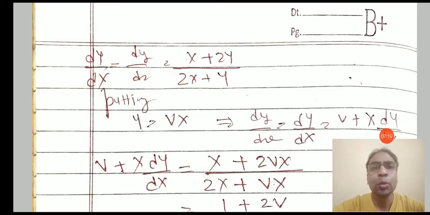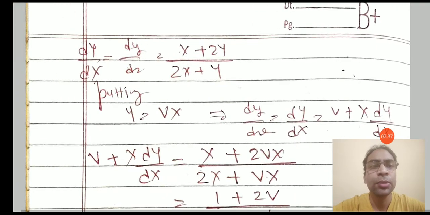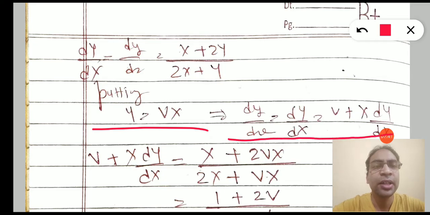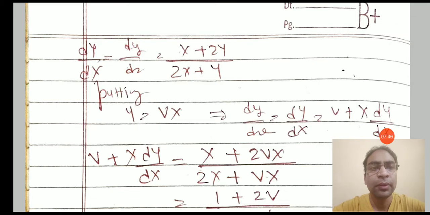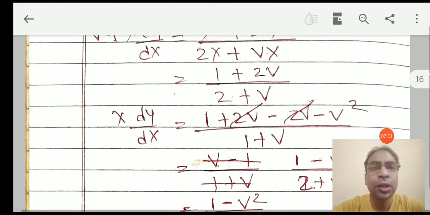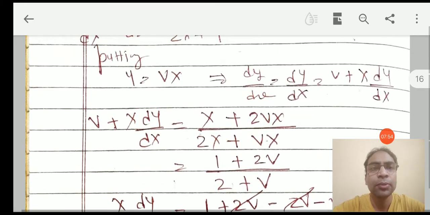Now we can solve this homogeneous equation with the working rule we have seen in the previous lecture. If you want to know how we can solve the homogeneous equation, please see my previous video on solving homogeneous equations. We solve it by substituting y by vx. So we'll substitute y by vx and dy by dx by v plus x dy upon dx. So performing these substitutions, we can see that we will convert this into variable separable form. So you can see the solution.